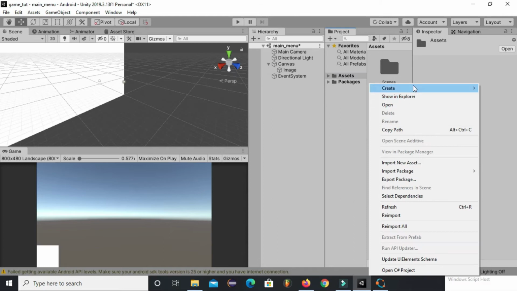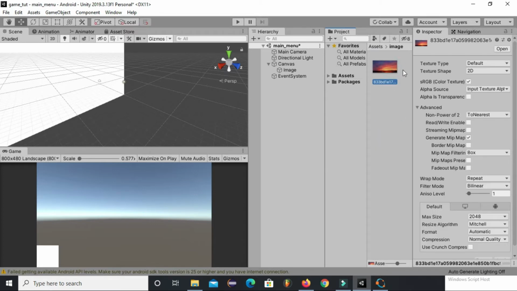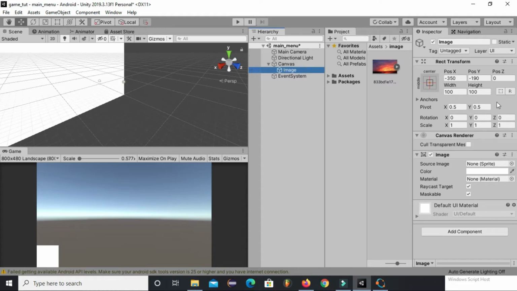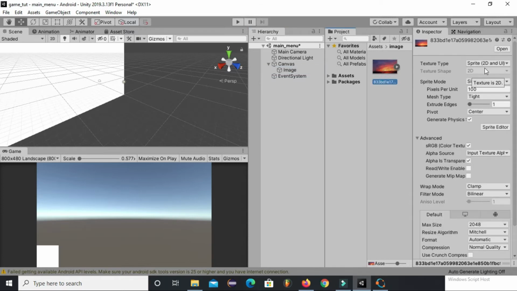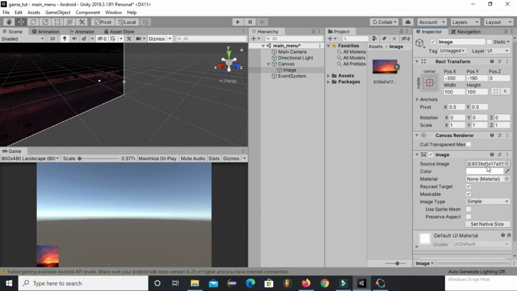I will create a folder named image, and in this folder I will place my image. Now go to this image and set the texture type to Sprite (2D and UI). If you have not changed the texture type of this image, then you won't be able to drag it over here as the source image, but now you can easily drag it.